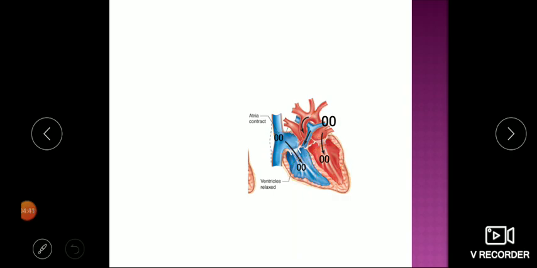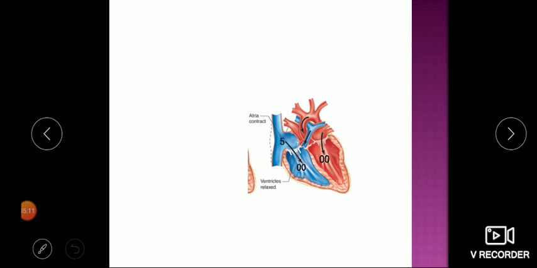Okay. Now the first event to start will be the atrial contraction. As we know, the first wave in the ECG is the P wave, it is atrial depolarization. So P wave, atrial depolarization, this will spread across the atria and will lead to atrial contraction. So the first event of the cardiac cycle is atrial contraction. So when atria contract, obviously the volume will decrease. Volume decreases, what will happen now? Pressure will